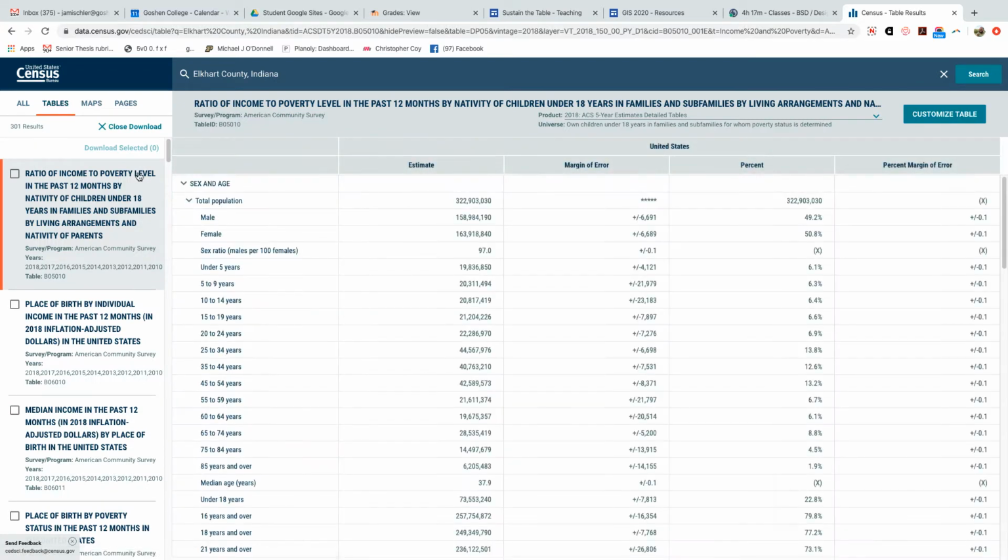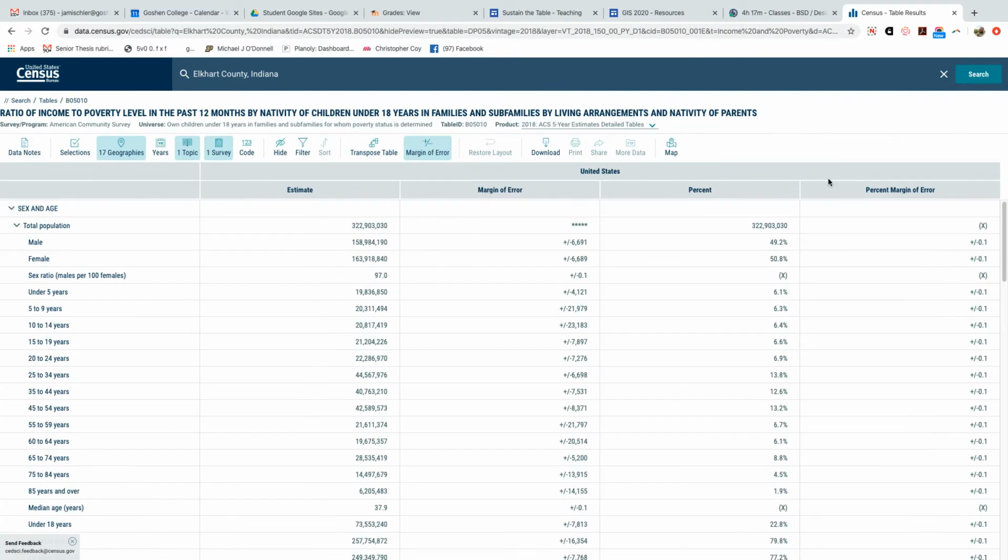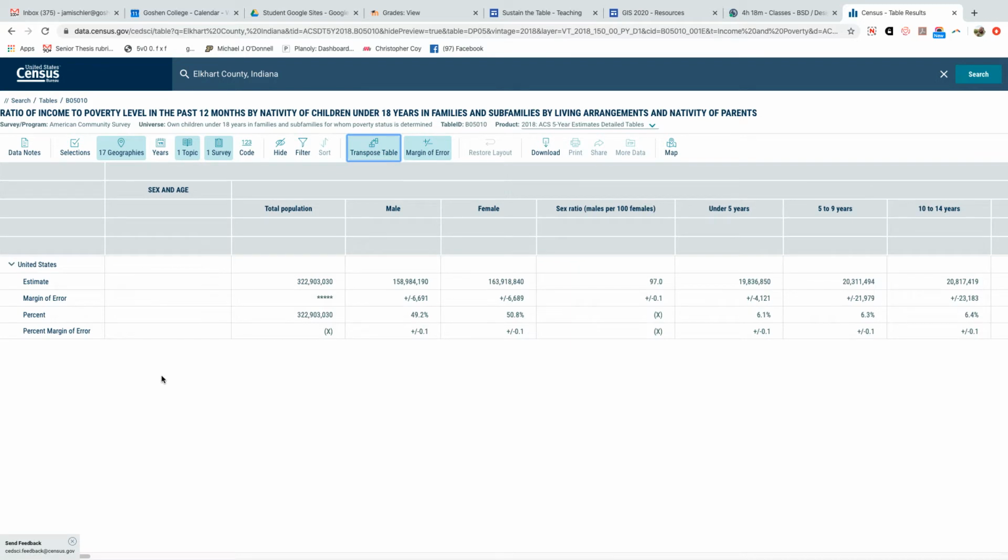So let's go back to our table. Let's go to customize table, transpose table. Looks like we have